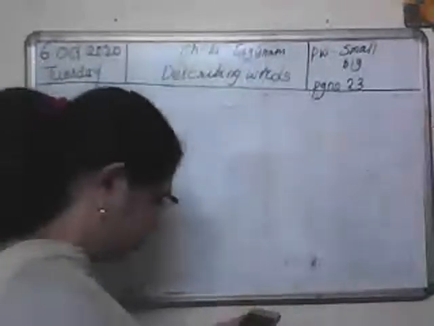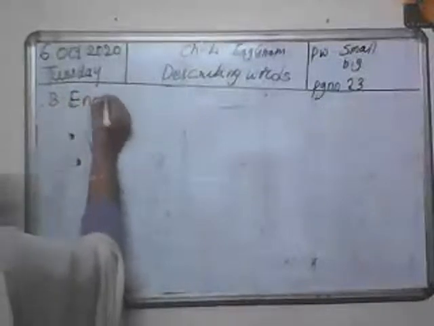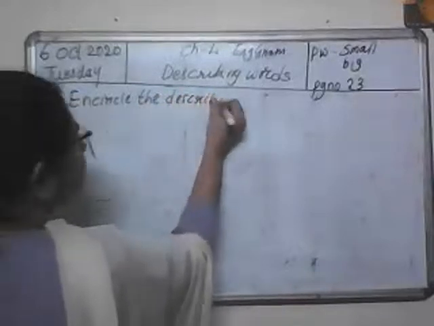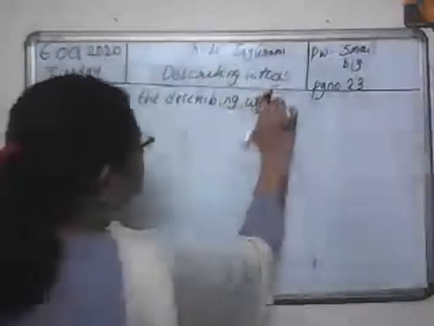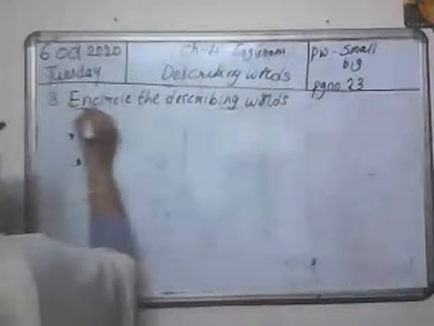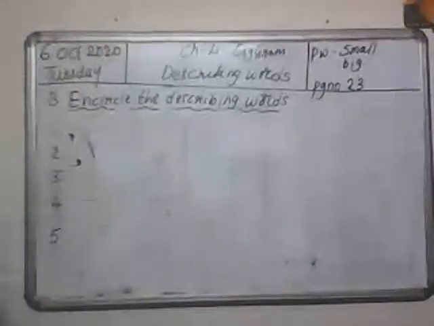So next exercise is encircle the describing words. I'm going to tell you the first 5 sentences. 1, 2, 3, 4, 5. As classwork, we will do 5 sentences and the rest 5